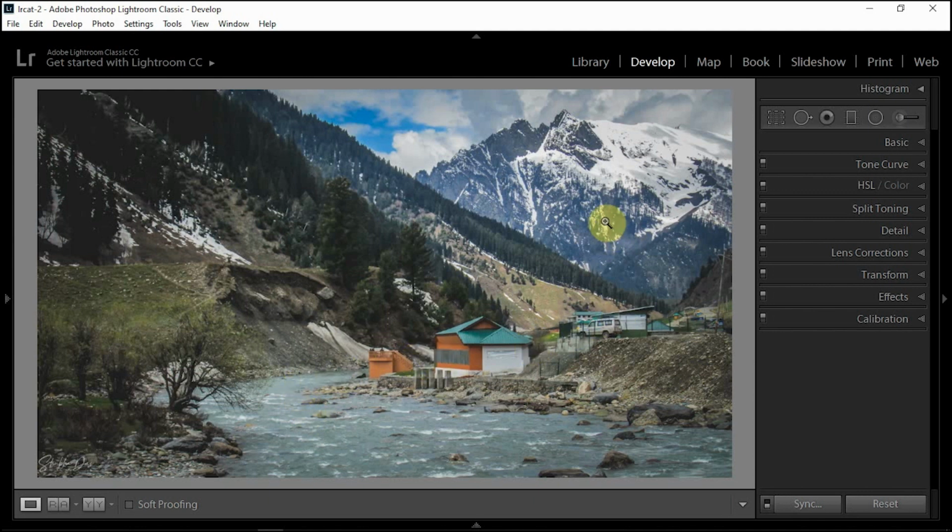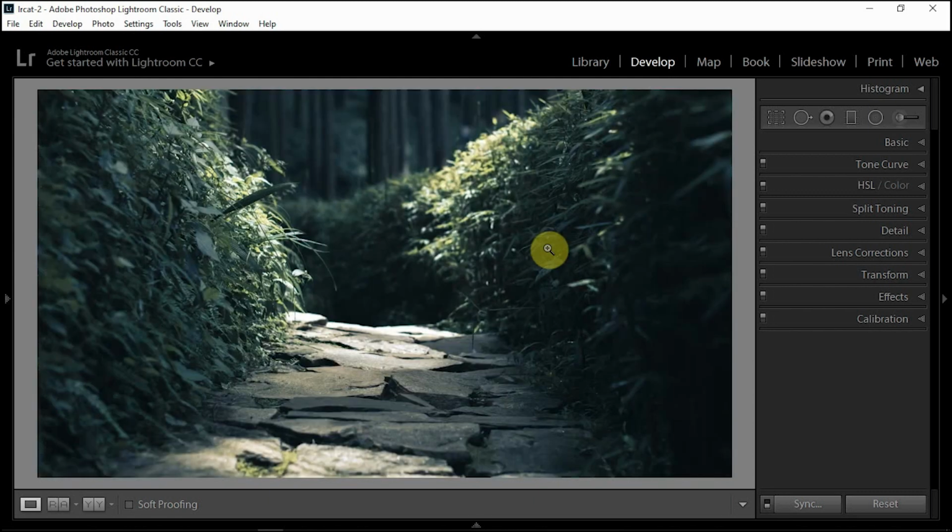Now one thing you have to keep in mind is that if you take a photo which has a leading line, but at the end of the leading line there is nothing, like the line is leading into nowhere, there is no payoff, in that case the photo might look good, but it will be incomplete. For example, this photo. Here I have a leading line, this stony path, but at the end of this path there is nothing for the viewer to see. So it doesn't have a payoff to that leading line. The photo may look good, but it is not that good.